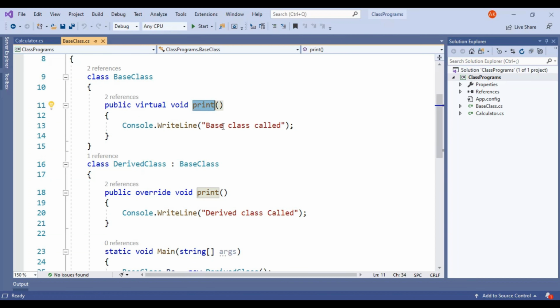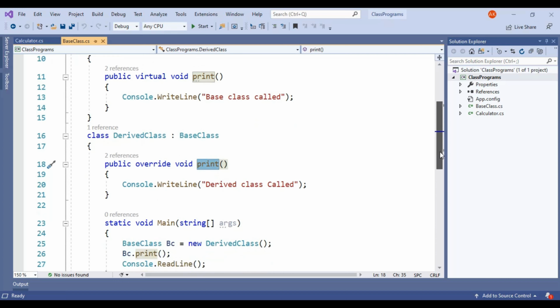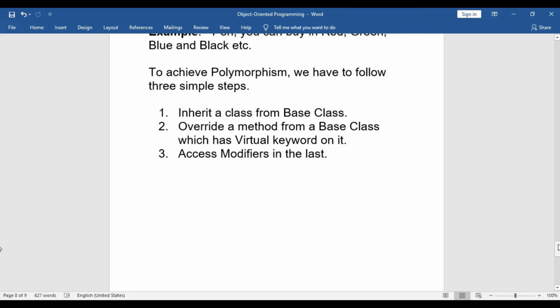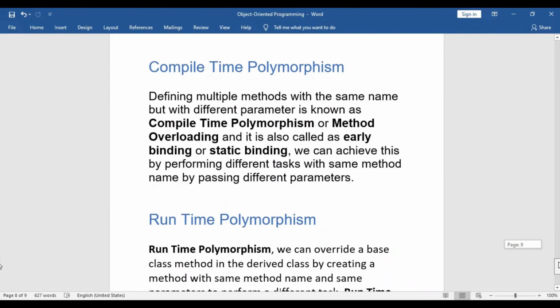This can be overridden in the derived class by providing override. Here we are inheriting with the derived class. In the main method, base class bc is equal to new derived class, bc dot print. So it will go to our base class method print and override with the derived class method.